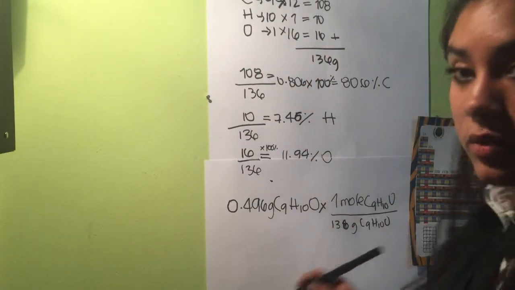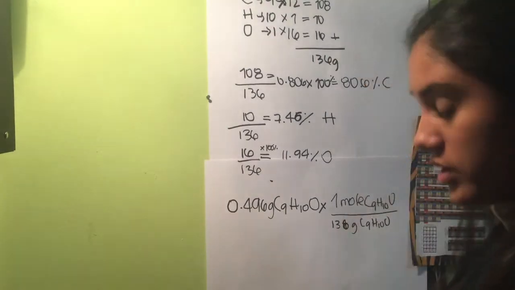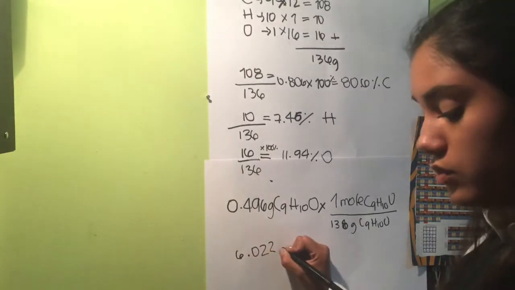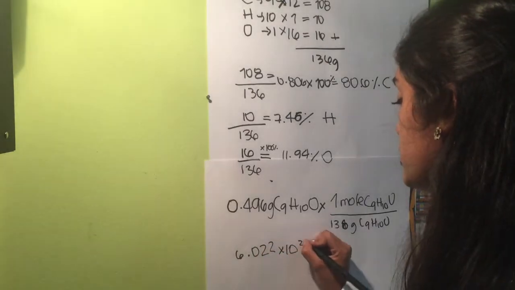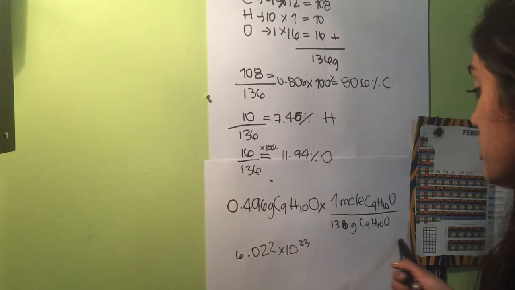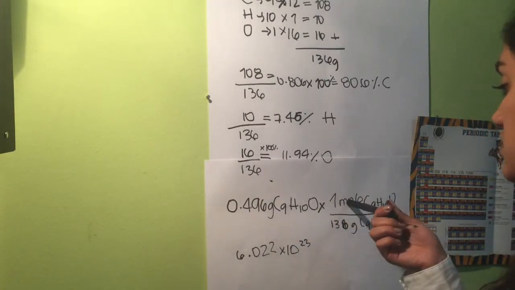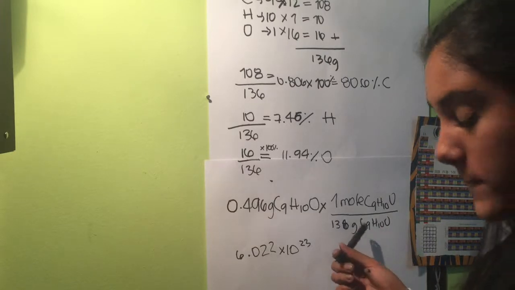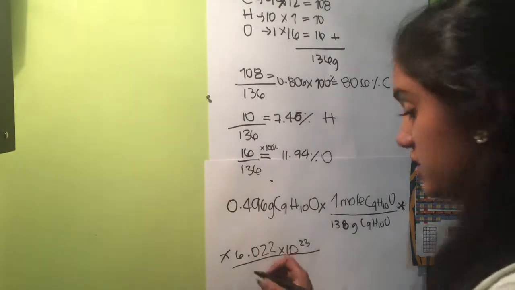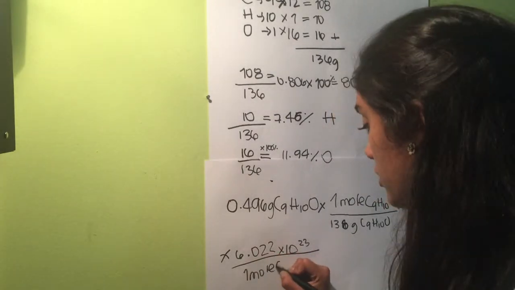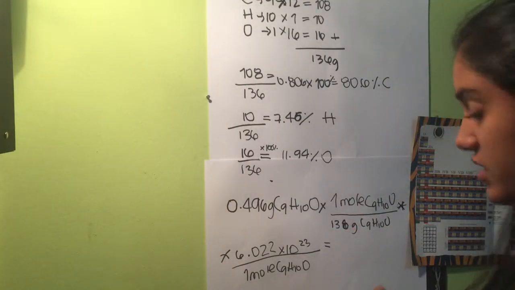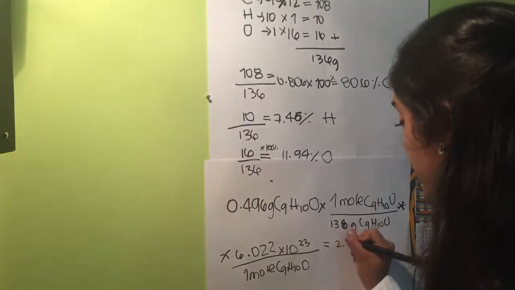Then we're going to multiply it by Avogadro's number, which is 6.022 times 10 to the 23rd. So you take your scientific calculator and do all these: these times these, divided by this one, times Avogadro's number, divided by one more. And the answer is going to be 2.1077